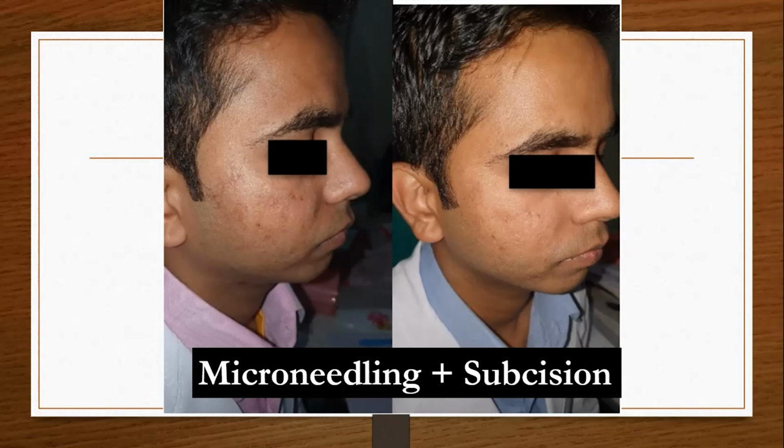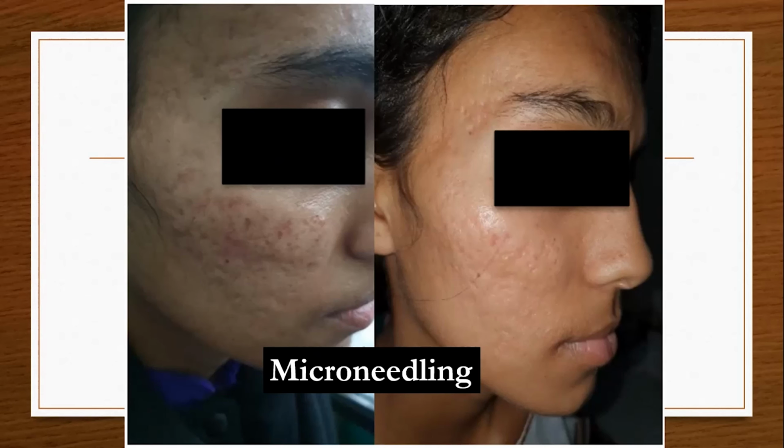In this particular patient, again, we tried microneedling as well as subcision. Combining subcision depends on it: if there are quite a lot of box scars and rolling scars, we go for subcision. And if there are just pitting scars and quite a few rolling scars and box scars, I generally do not combine subcision with microneedling. So in this particular patient, we tried both microneedling and subcision. This is after 3 sessions of microneedling and subcision. Next, please. This result in this patient was just with microneedling alone, after 3 sessions of microneedling. Next, please.